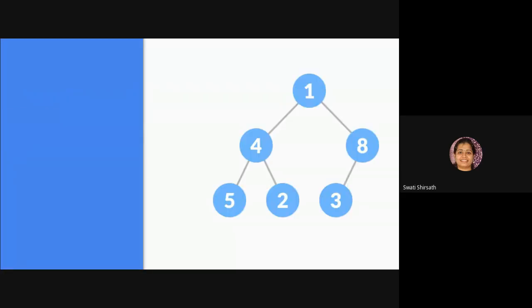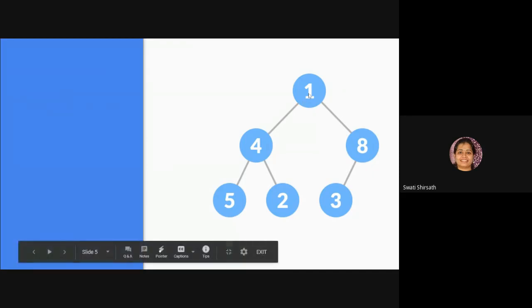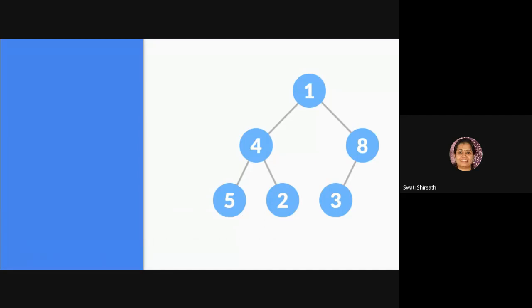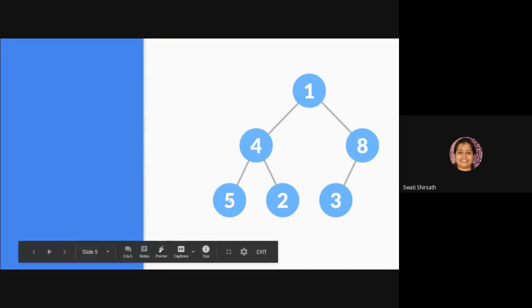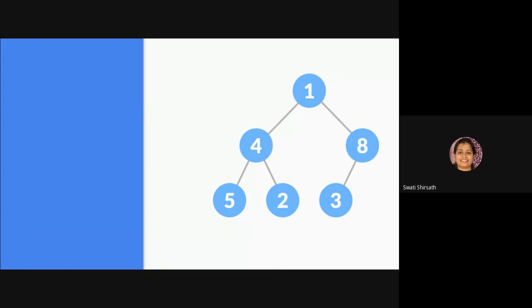So let us consider this as our tree. Here we want to find the in-order of this tree. Now in in-order we always traverse the left of the subtree, then go to the root, and then go to the right subtree, or the right node. Here we start from the root obviously, but then we have to find the left of it first. So we go into the left of it, which is 4, but again it has some tree, so we again go into the left of the 4 till we find the leaf node.